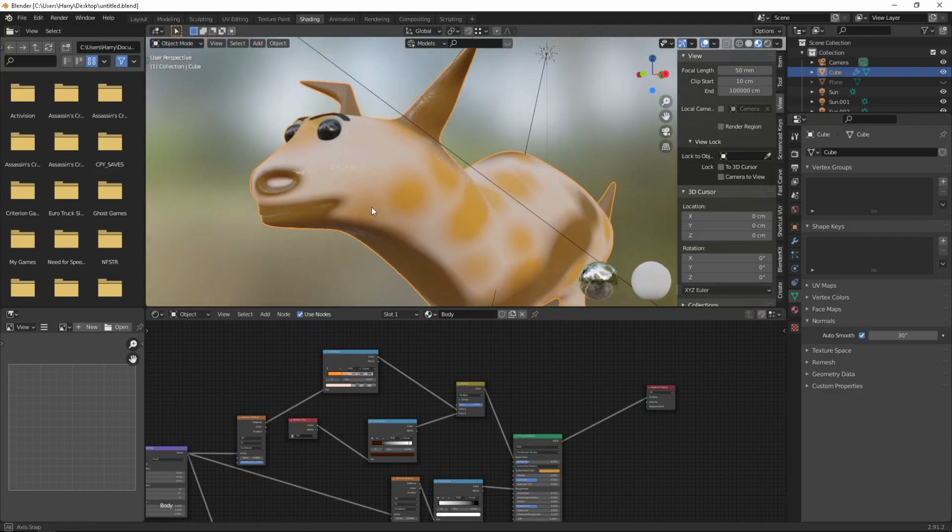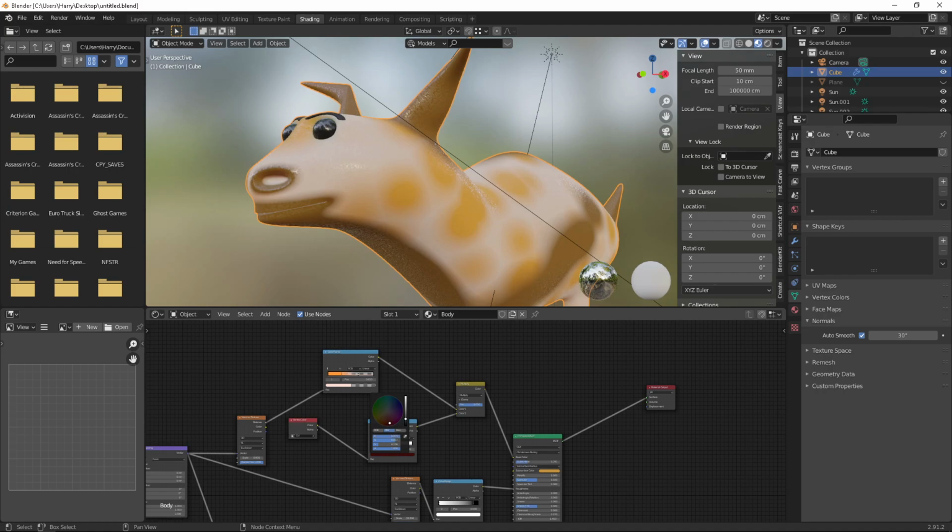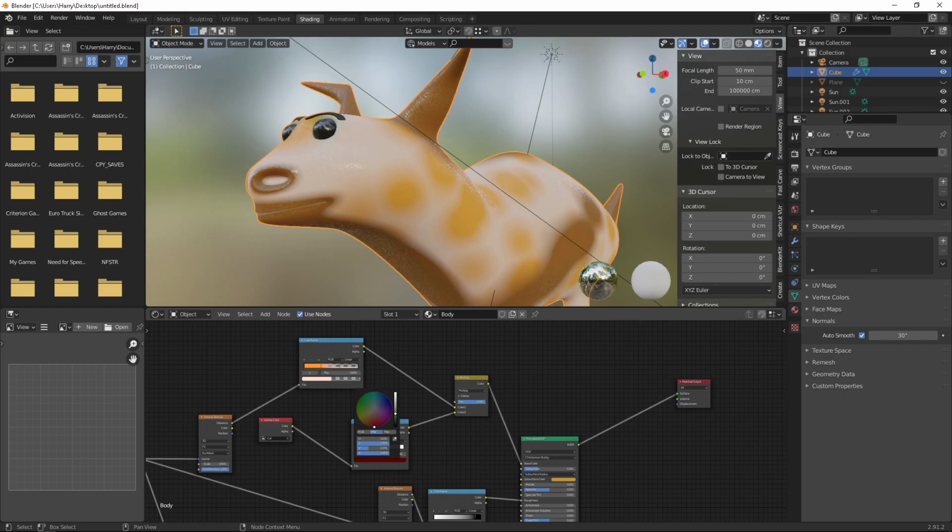It looks like a different color for us, so you can change it. Give it as orange and make it dark.